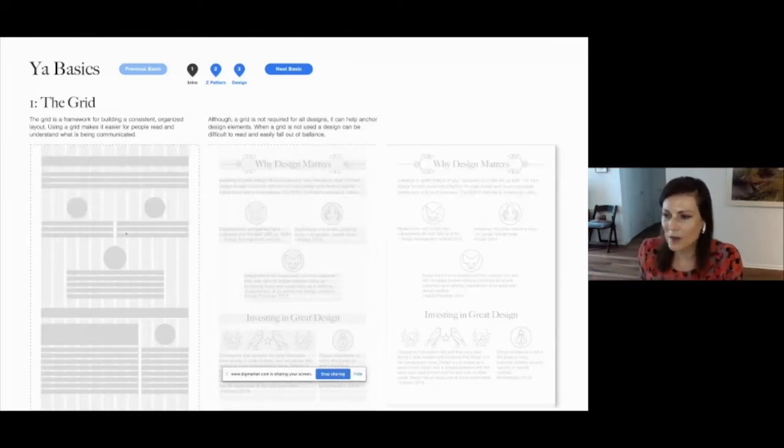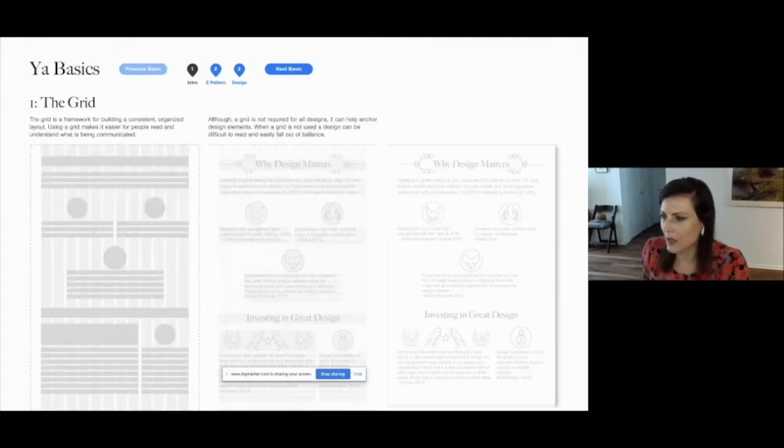What I'm going to start with is the grid, because the grid is really the skeleton that your design hangs on. I think that sometimes people don't realize that there is a structure that typically we start with as designers. And if there's something that feels off with a design, sometimes it's because there isn't an underlying structure. Some designers, when they're early in their careers, start out with just sort of eyeballing things or placing things with this idea that, oh, it kind of all fits together and it lines up. But really, there should be some logic behind it. There should be a framework for which things lay upon.